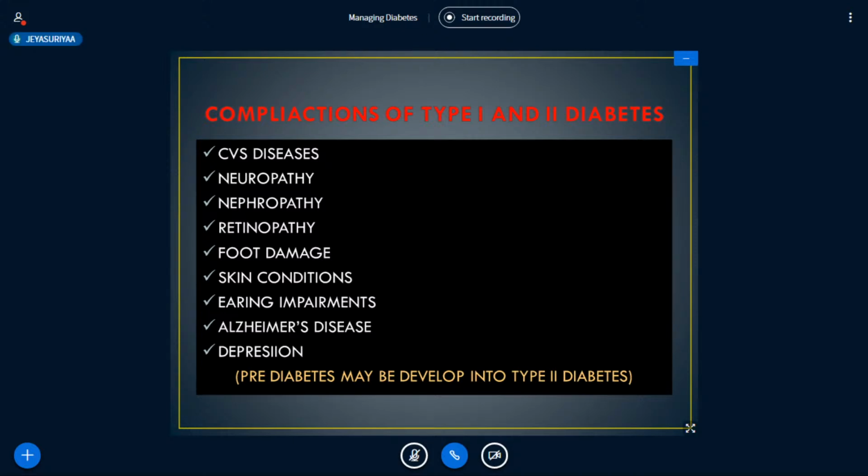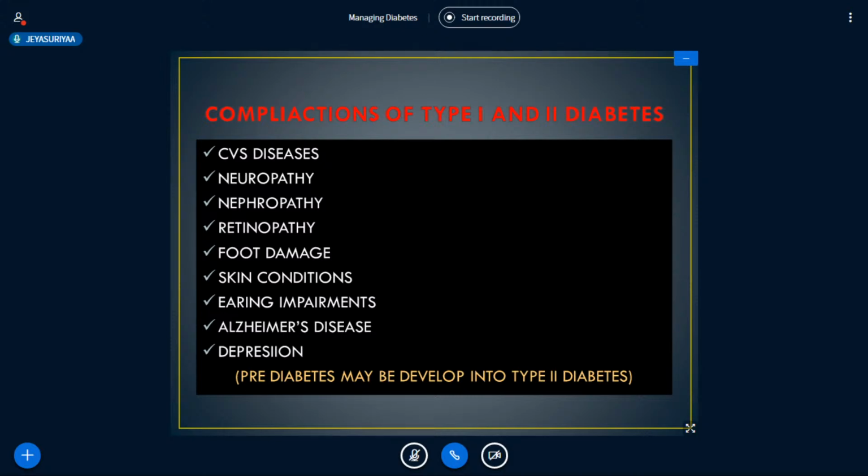In case of foot damage, nerve damage in the feet or poor blood flow to the feet increases the risk of various foot complications. If left untreated, cuts and blisters can develop serious infections, which often heal poorly. These infections may ultimately require toe, foot, or leg amputation. That is nothing but cutting of the foot, leg, or toe.